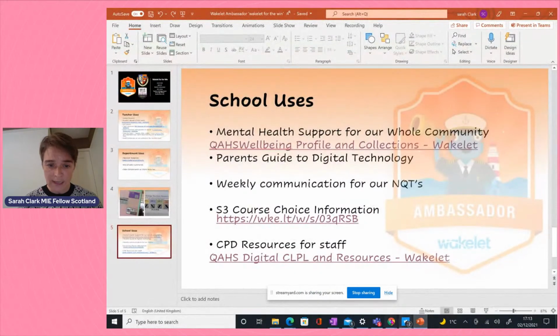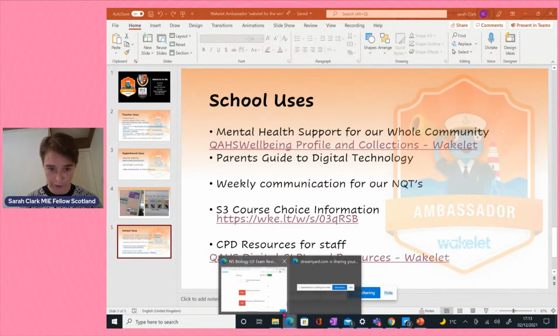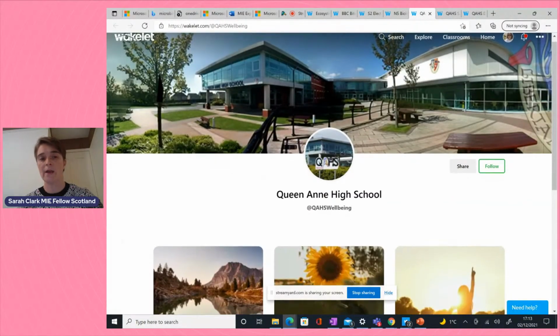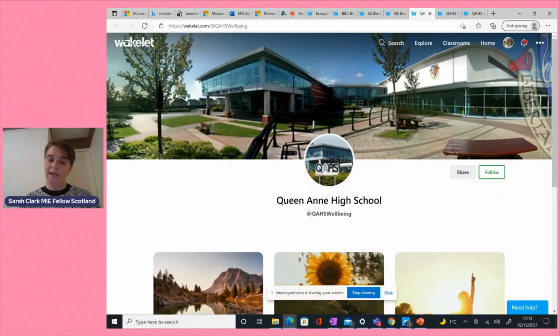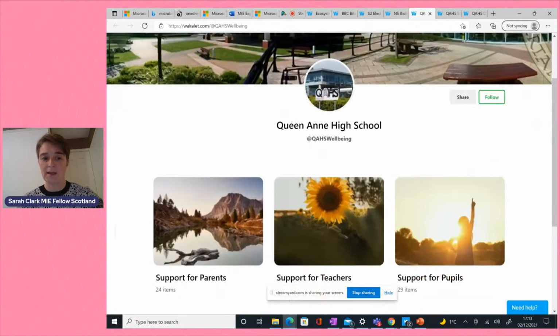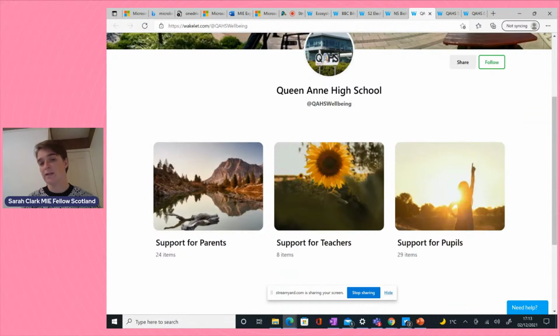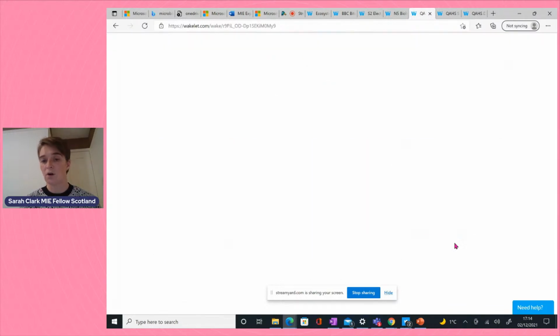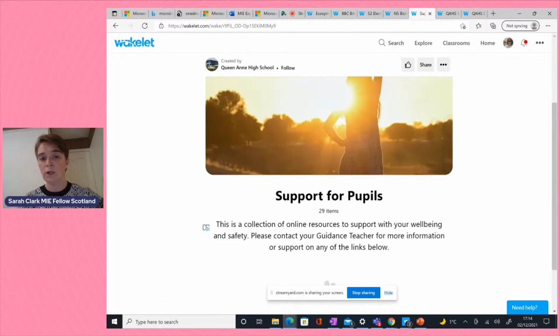So to let you see some of our whole school use, this is our wellbeing one. One of the guidance teachers here created the collection, and then he's got 3 Wakelets in there, and he's sharing resources to support wellbeing, one for parents, one for teachers, and one for pupils, and all local support